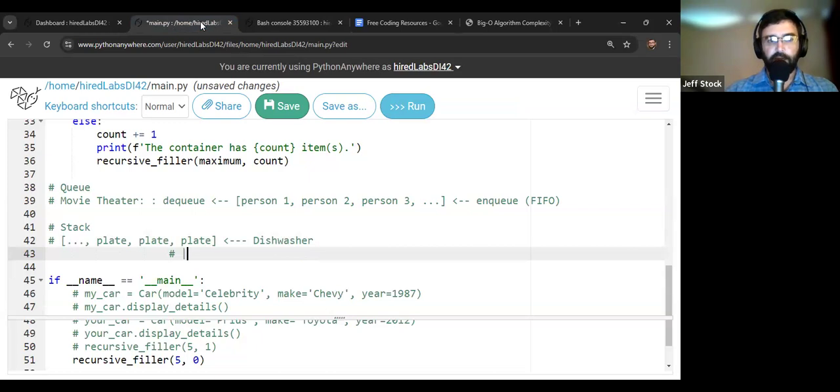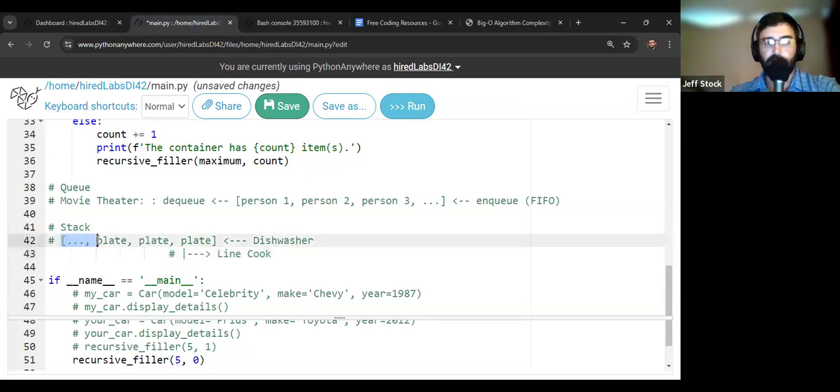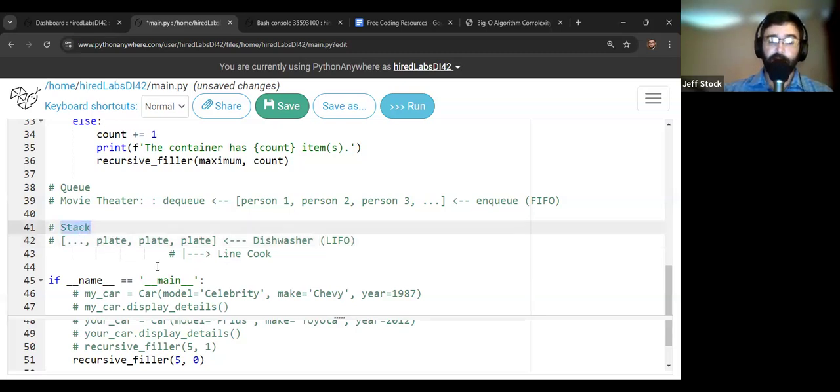Somebody down on this side is like a line cook that's taking plates off of it, right? Sometimes this line cook takes 3-4 plates, depending on how many tables he's cooking for, how many people are at the table, whatever the case may be. So he may take multiple plates. The dishwasher may put a whole stack in there, but they're only coming in and out of this one side. That's it. Nothing ever goes in or out on this side at all. And so this setup is called a last in, first out setup. And this is best accomplished with a stack